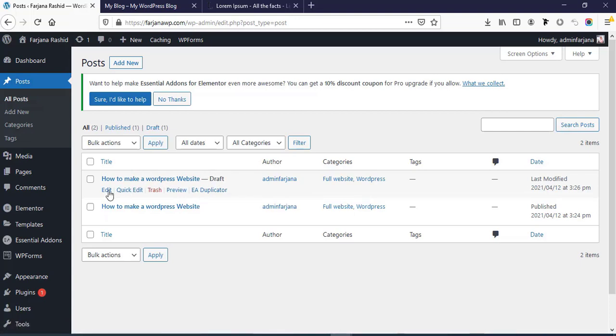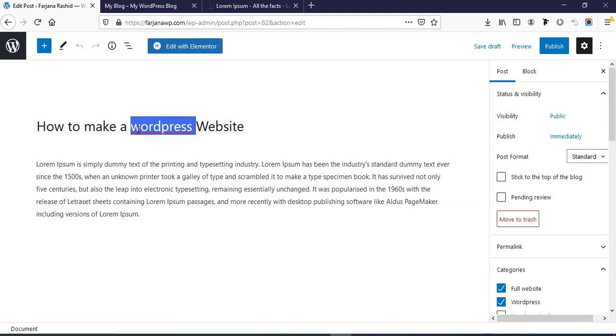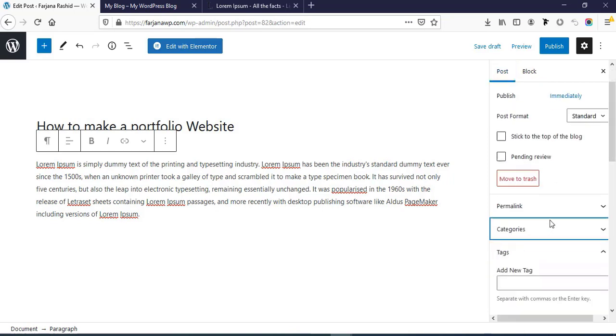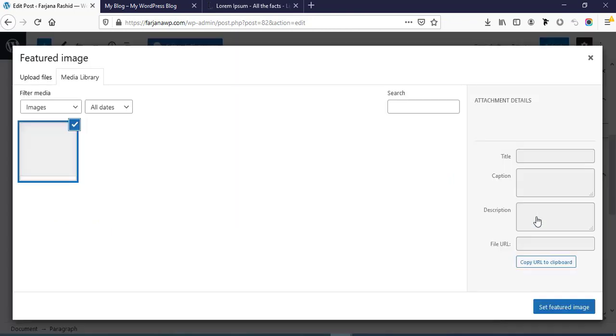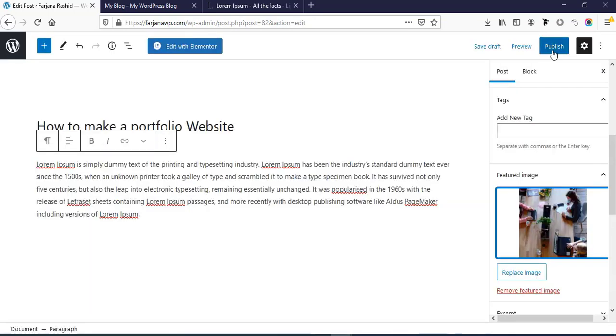and now we can see our blog post is duplicated as a draft. So now I'm going to edit this one, and I'm going to change the title. So, how to make a portfolio website, and we can also change all this text. We can also change the category from here, and I'm also going to change the featured image. So I'm taking this one and finally publish,